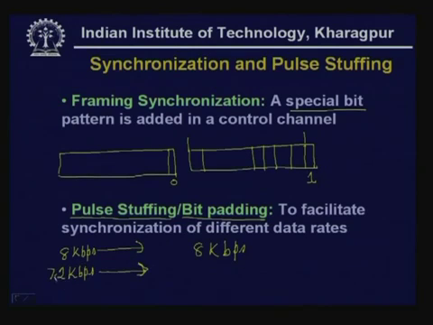So, what is done, additional bits are stuffed into this so that the data rate for this is 8 kilobits per second, and then at the receiving end those dummy bits are taken out or separated out, because it is known that the data from this source is coming at the rate of 7.2 kilobits per second, and so those extra dummy bits can be taken out. So, this is known as pulse stuffing or bit padding, so that the signals from different data sources